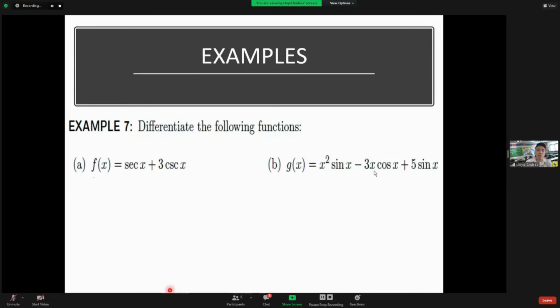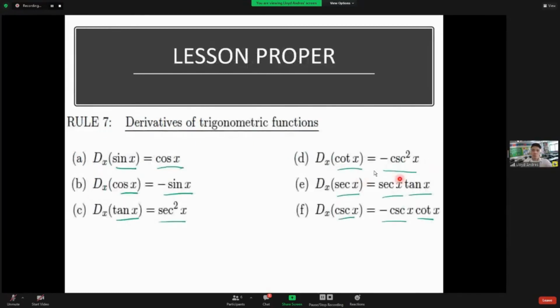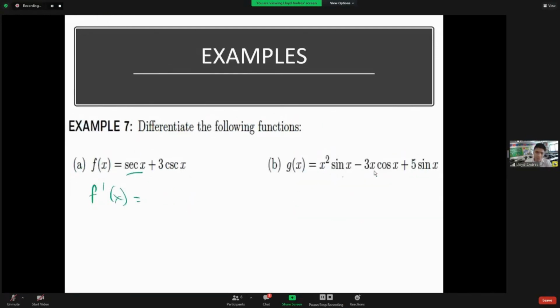given f of x is equivalent to secant x plus 3 cosecant x. How will we apply this for the derivative of f of x? We just use the ones from earlier. Let's look for secant x. Secant x is here. That's secant x tangent x. So the derivative of secant x is secant x tangent x